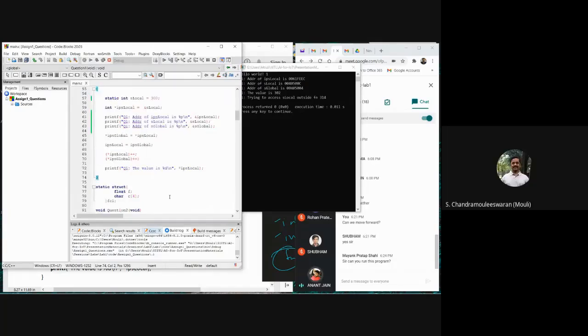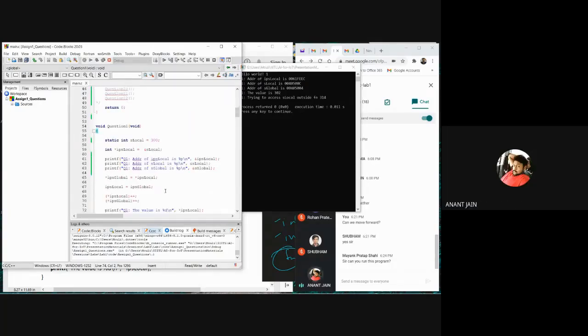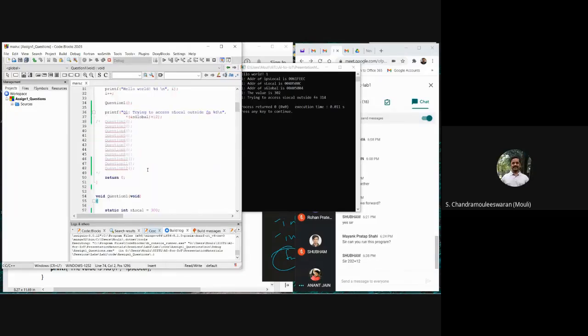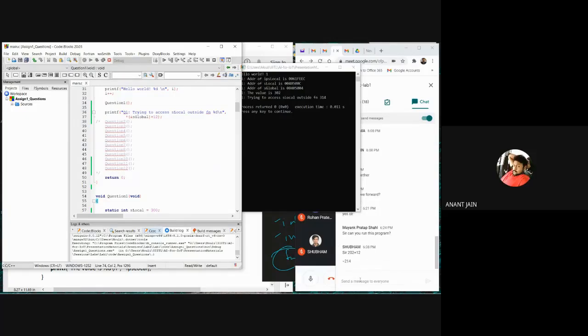Did I change anything there? We have to see. Sir, I guess you have to put the... We increased it to how much? We ran it once only. Oh, it is printing address, is it? No. How do you say?